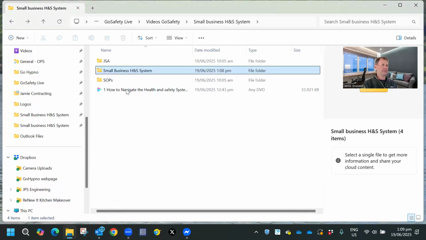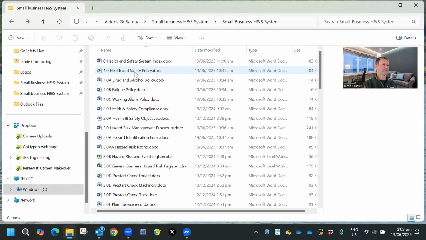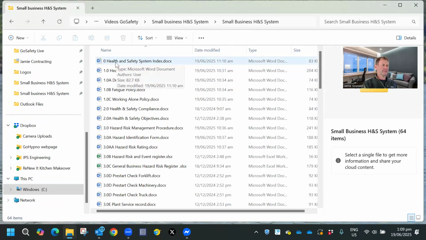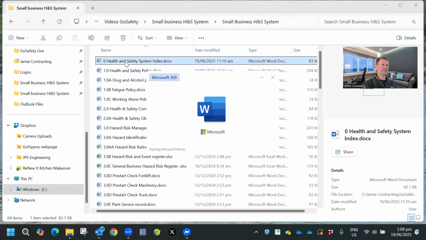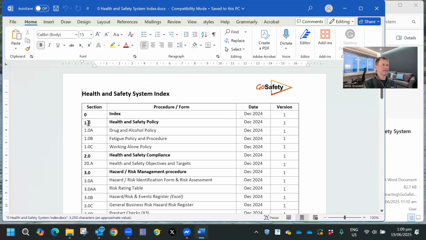I'm just going to show you now how to navigate the GoSafety health and safety system. It's fairly easy to do. You can see if we go into the health and safety system, there's a whole lot of sections or elements that range from 0 to 10. And if I open the safety system index, which is element 0, you'll see under 0 is the index, number